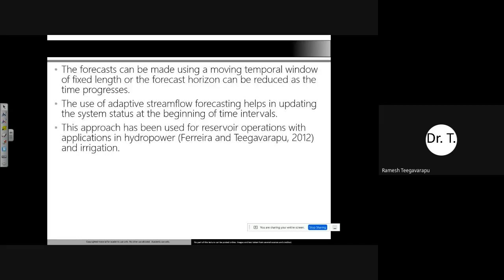So as an example, we have a published paper on how we can use it for improvement of reservoir operations, especially if you're trying to estimate hydropower production in the next few intervals, provided the forecast horizon is fixed and so on. One thing that happens is that your forecast horizon will reduce because you're moving towards the end, and you're updating the system. So as you update the system, in general, the forecasting accuracy will improve.